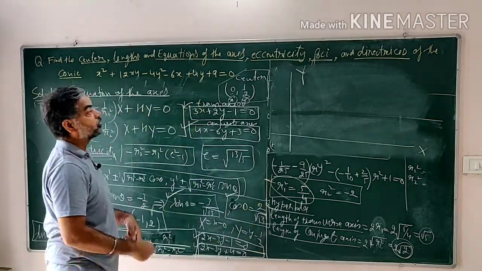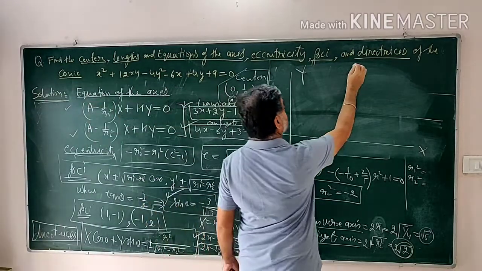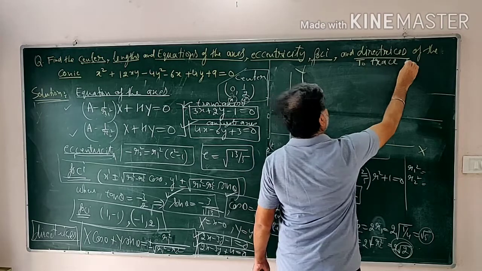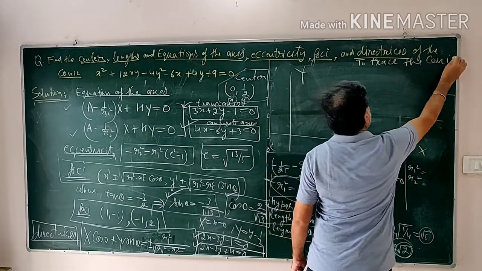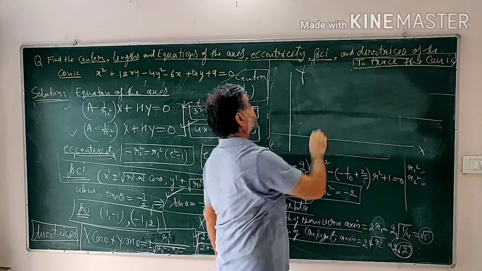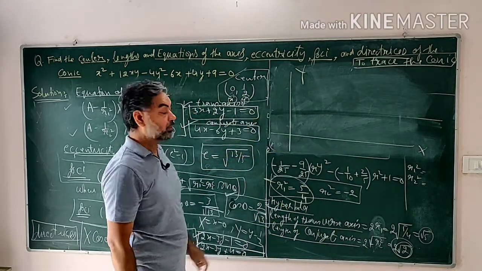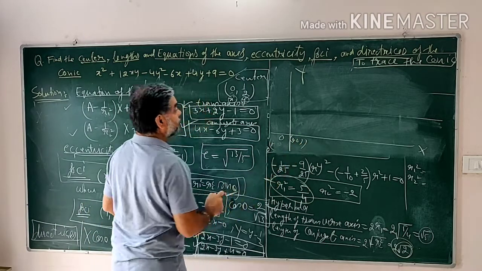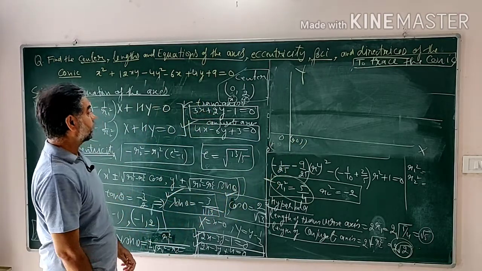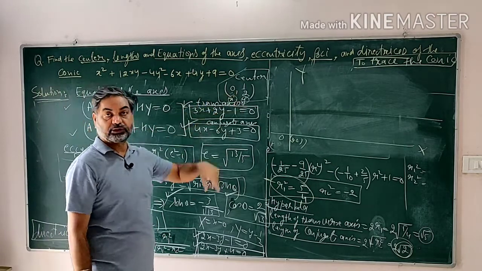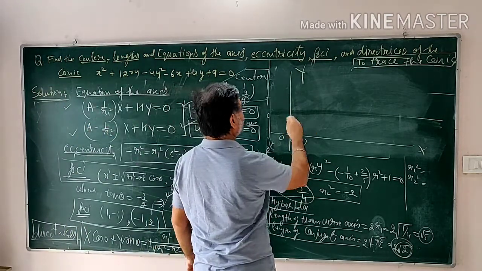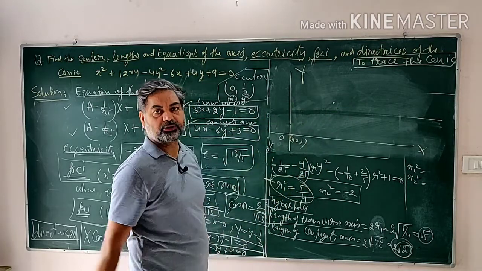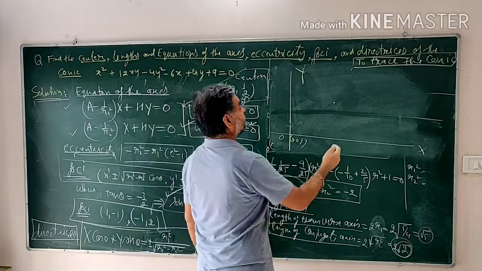This is how to trace this conic. To trace this conic, draw the x-axis and y-axis, and this is the origin. Now first of all, you find out where the center of this conic is. The center of this conic is 0, 1 by 2. So you mark your point wherever the center is. Let's say 0, 1 by 2 would be somewhere here.